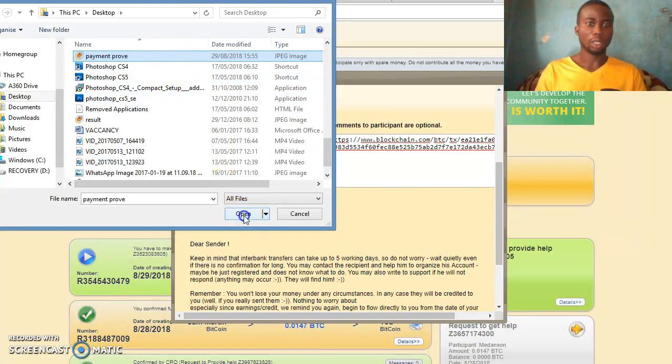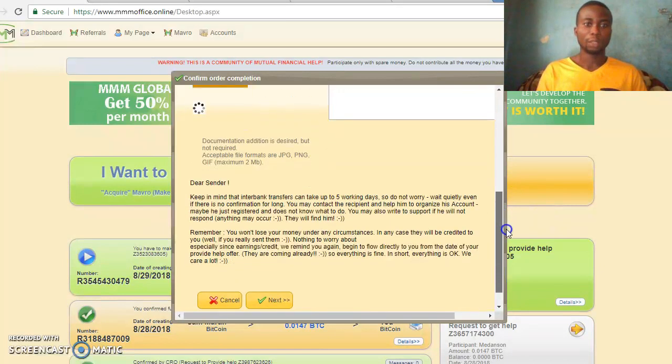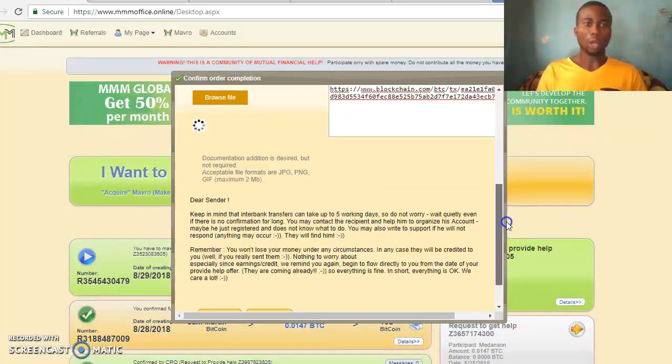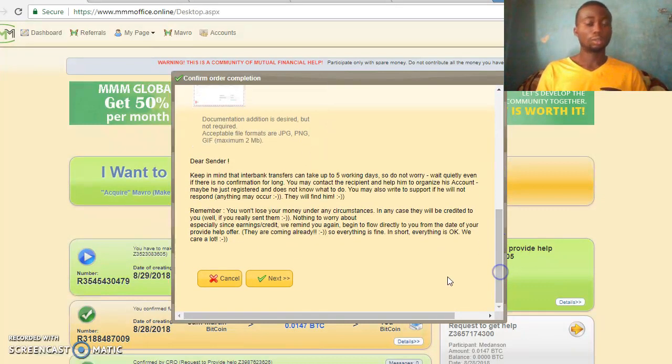So upload it now. You can see it is loading. I'll wait for it to load until it appears on that page before clicking on next. So you have to be very, very careful when uploading. And you can see they say the maximum you can upload is 2 megabytes. That's why you saw me decide to crop it. You can do a screenshot with your mobile device. It's not a must to use your laptop.